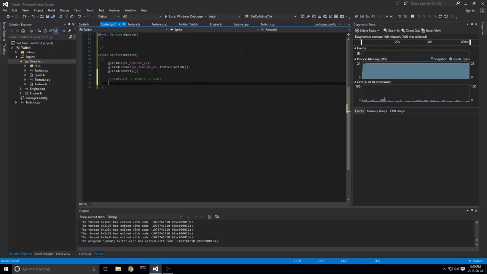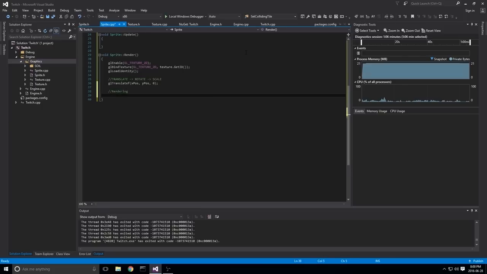Okay? So we don't have rotation or scaling implemented right now, so we're just going to handle translating, which is glTranslatef, and we're going to translate it given an X, a Y, and a Z. So the X is our xpos, our Y is our ypos, and our Z, we'll just say 0 for now. We're basically always going to have a Z of 0, because again, we're in 2D. So we'll translate xpos, ypos, then we don't rotate, this is where we do glRotatef, and this is where we do glScalef, but we don't have that yet, so we're just going to translate. Now we're actually going to render. So this is the real rendering code.